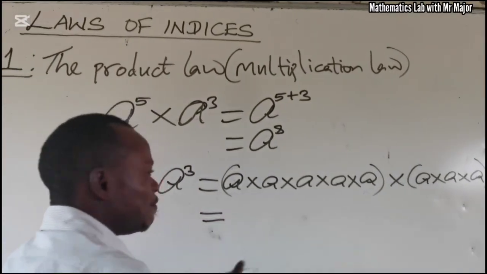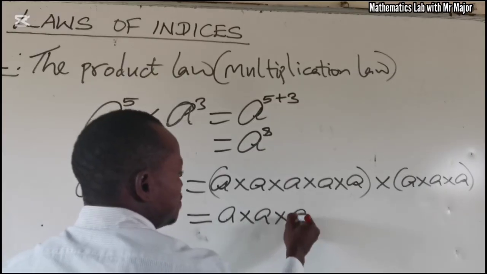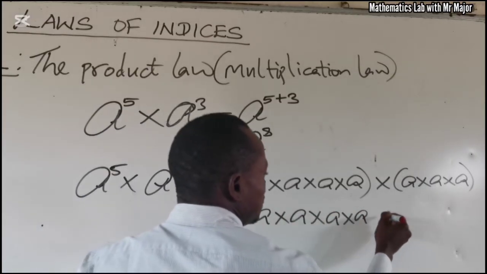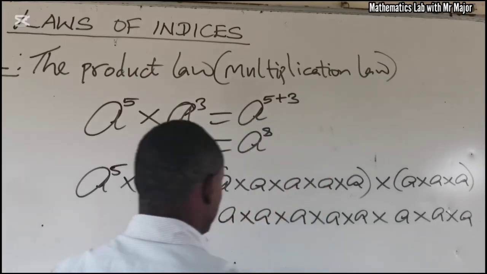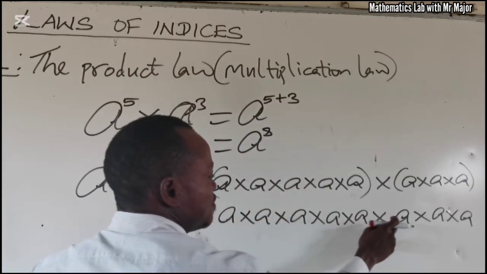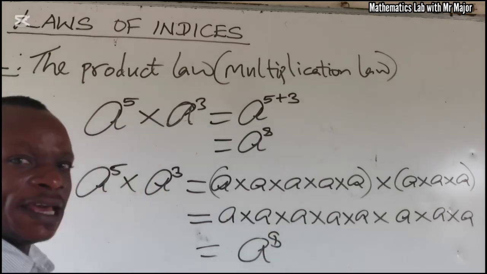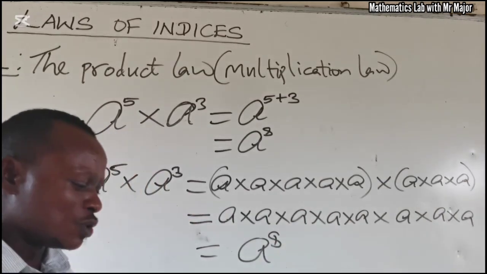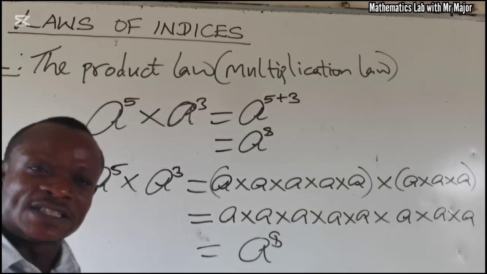Now, when we join everything together, that will be A times A times A times A times A times A times A times A. So we now have 1, 2, 3, 4, 5, 6, 7, 8, which is A raised to the power of 8. So instead of going all through this long process, you can just apply the first law of indices,